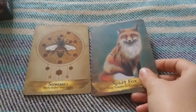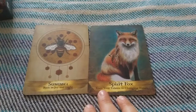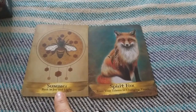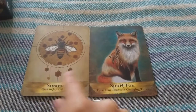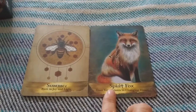We also have the Spirit Fox. So, trust your talents in changing times. Oh, I do like this one. So working hard. I mean, let's not call it working hard. Working smart, I like to call it. And then also,